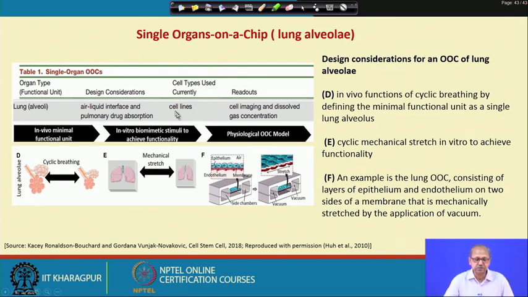So, here cell lines are used, mainly primary cells, or some epithelial cells that are available nowadays, and the readouts are mainly microscopic cell imaging and dissolved gas concentration by an online monitoring system. So, this is the first discovered, or established, system using that biomimetic principle. Then a lot of systems were developed using this membrane and gaseous exchange using sidearm vacuums, like in the Gut-on-a-chip.